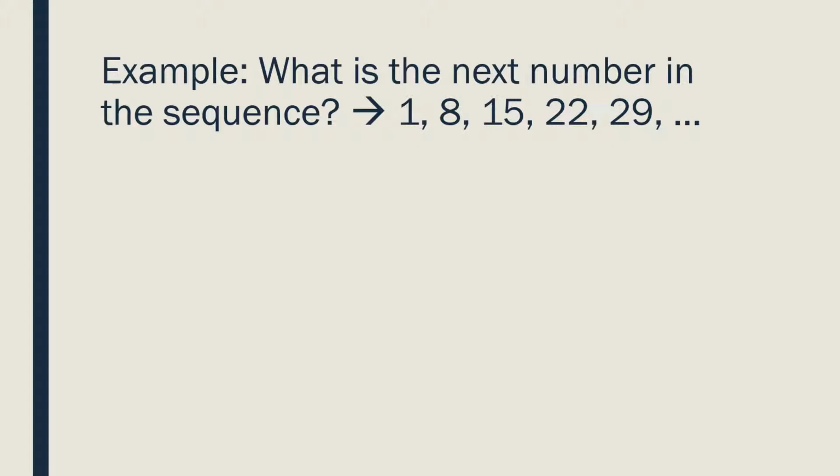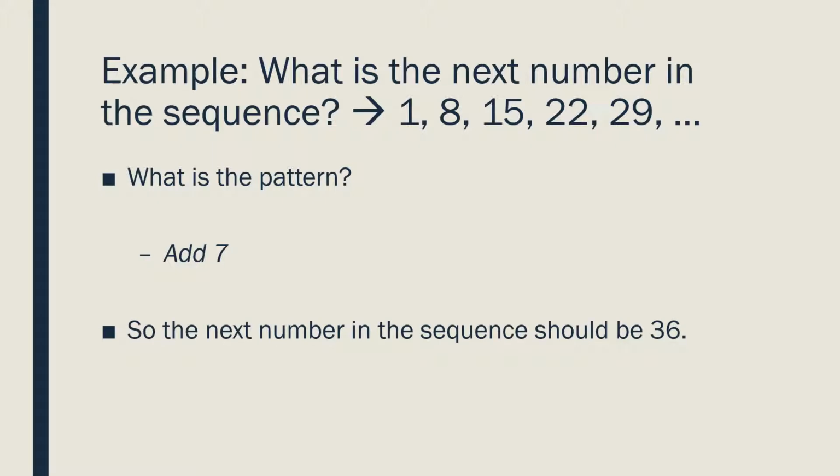So what's the pattern that you're observing here? We're going from 1 to 8, 8 to 15, 15 to 22, and then 22 to 29. To me, the pattern looks like you're adding 7. So if we were to add 7 to 29, that's going to tell us that the next number in the